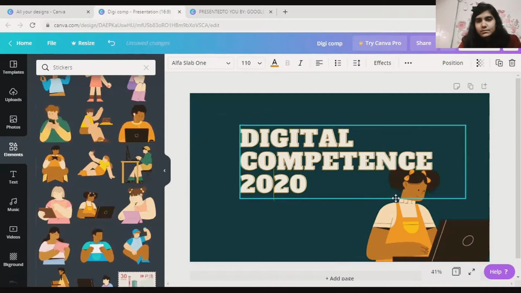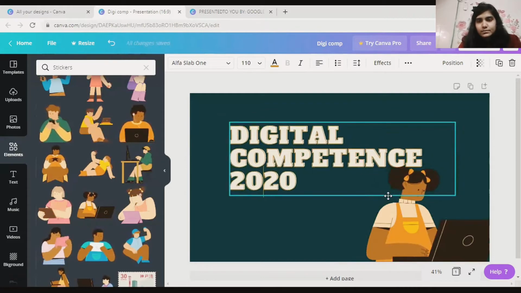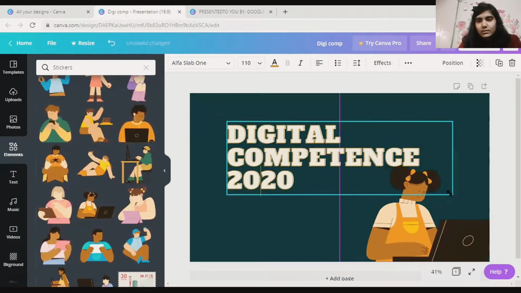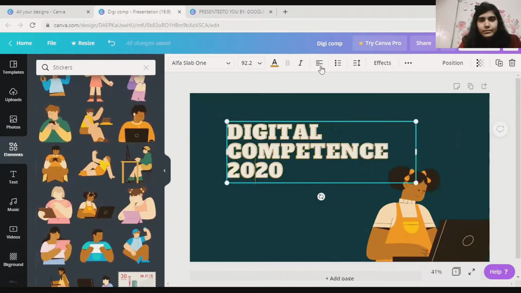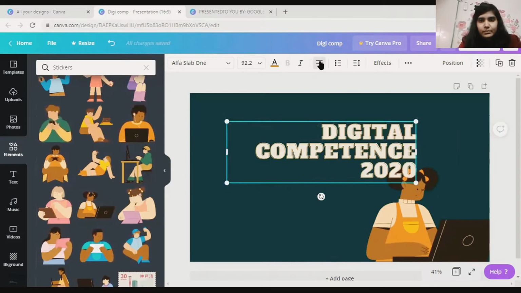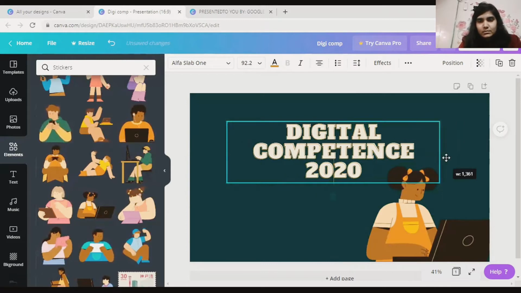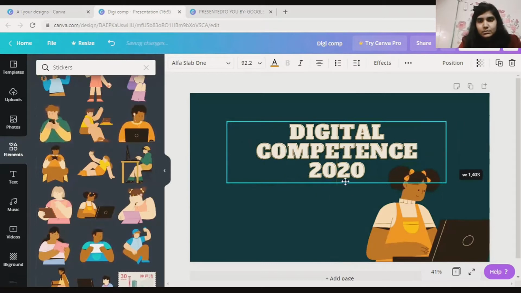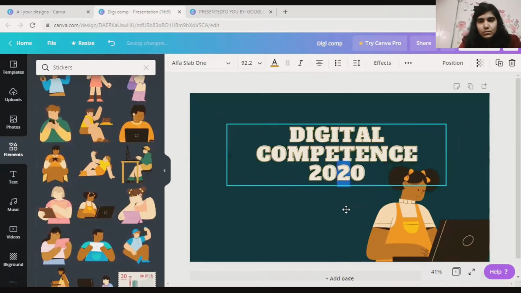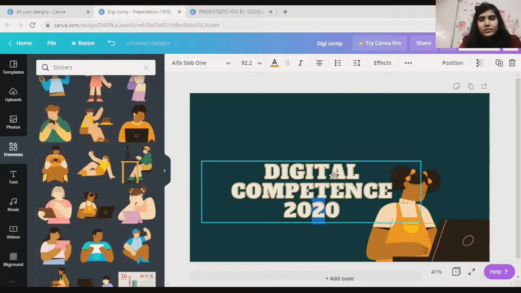Because you can either make it smaller and expand it, depending upon what you want to put.